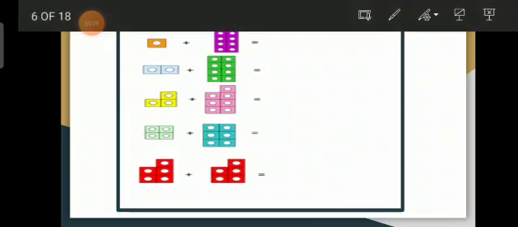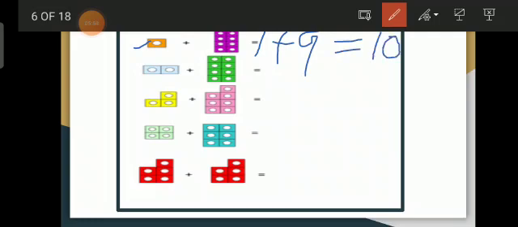Yes, look here. On this slide, we have some dominoes. Now we are going to add them. See, you are going to count these white circles. Okay, small white circles. Write them down and then add them together. Look at the first one. Here is one white circle. So I am going to write down 1 over here. Plus, and on the other side we have 9. Okay, 1 plus 9 gives us the total. Yes, that is 10. Excellent.